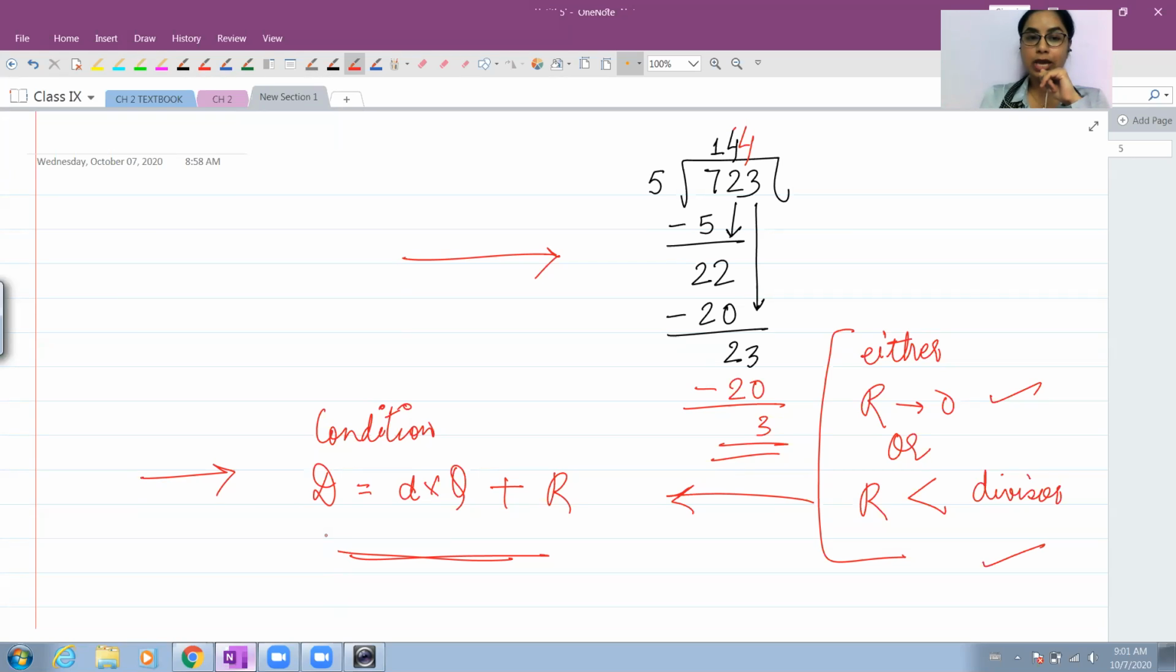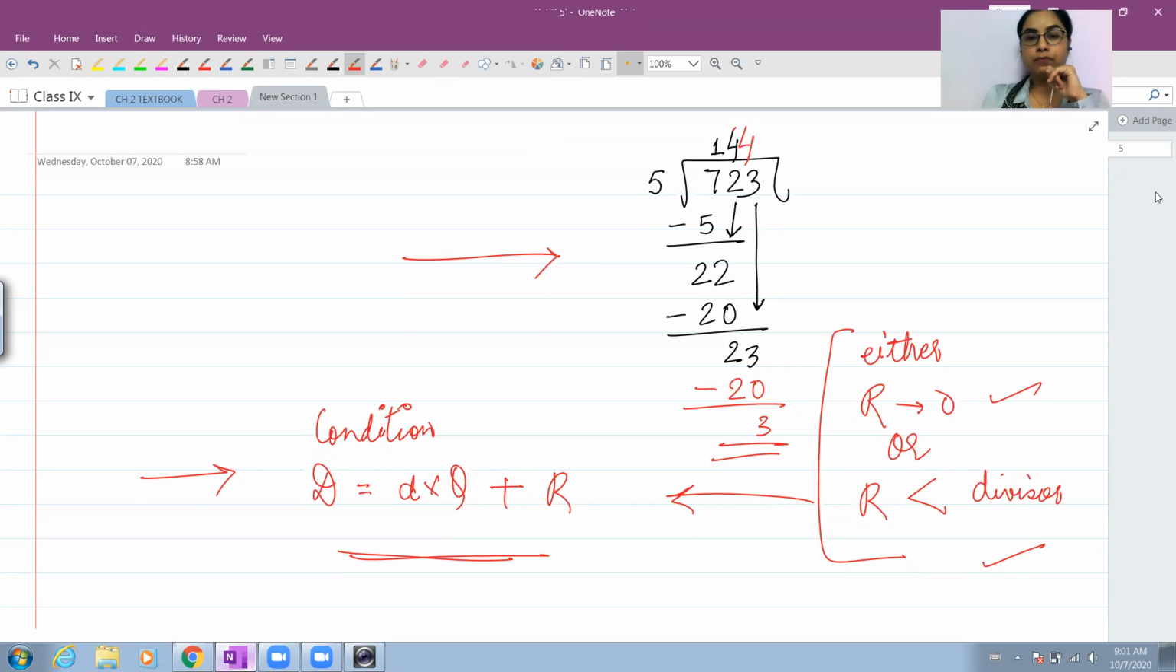plus remainder. चाहे आप numbers की division कर रहे हो, चाहे आप polynomials की division कर रहे हो, ये rule हमेशा true होगा. आप डिवाइजर को क्वोशिएंट से मल्टीप्लाई करोगे, उसमें आप रिमाइंडर को ऐड करोगे, तो आपको आपका डिविडेंड वापस मिलना चाहिए. And the condition that applies while checking this is the remainder needs to be either equal to